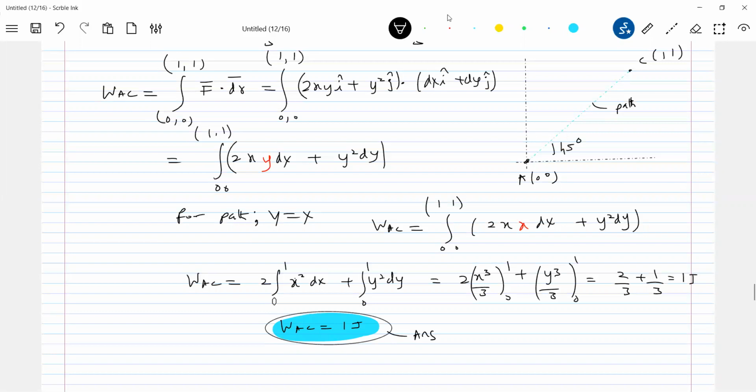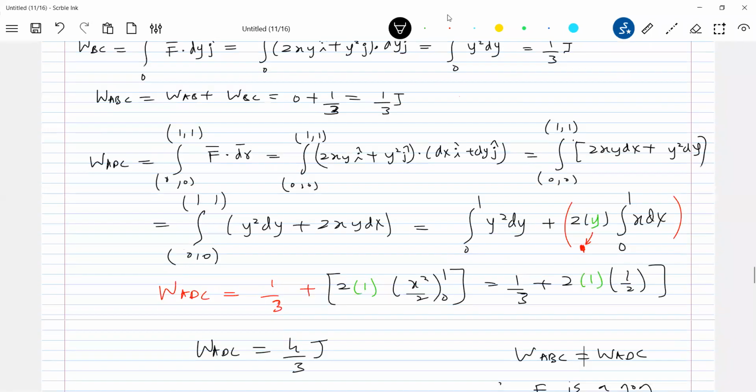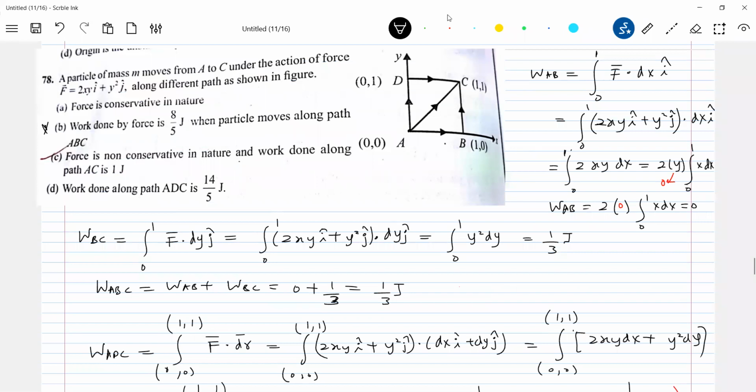Sir, we can take 2xy plus y square as d of xy square, no sir. That you can, but it is telling along that path, no? Yes, sir. Along the path, d of xy square from 0, 0 to 1, 1. We'll get, sir, 1 joule. Yeah, okay, fine, same thing. Okay, this was the answer, no? Only option C is what we can pick up here.